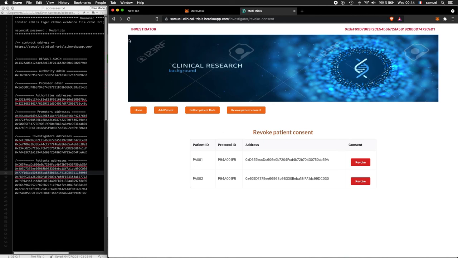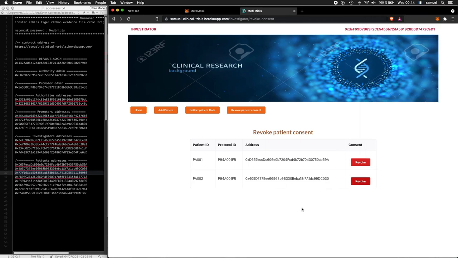It is the role of the investigator to do that. So the patient tells the investigator that he doesn't want to continue the clinical trial. So the investigator just needs to click on revoke consent for this patient. So click on revoke,